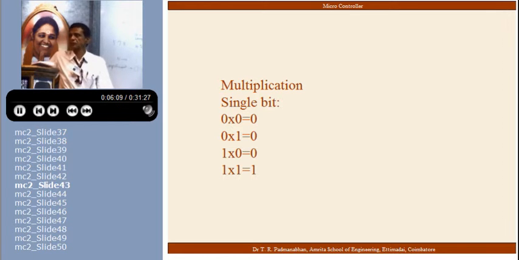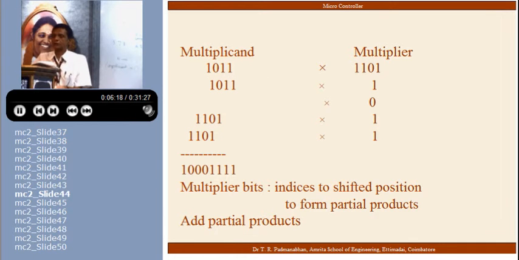Multi-bit multiplication, we do as we do with the decimal case. See, multiplicand and multiplier. I want to multiply 1011 by 1101. So I take the partial products and add them, just as we do with decimal numbers. I take this 1, put it here. When I multiply,